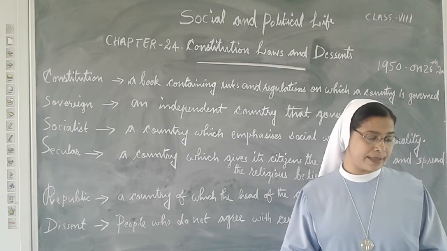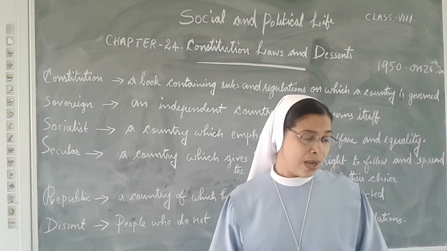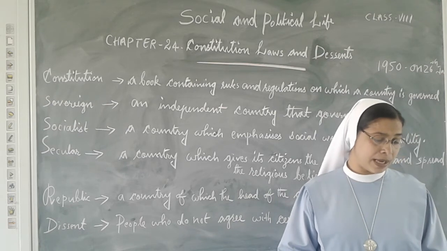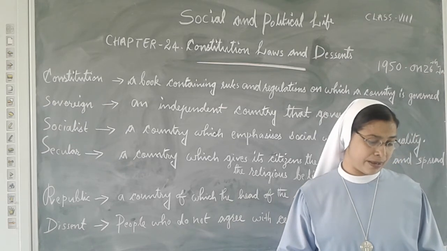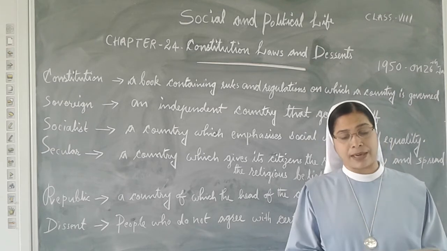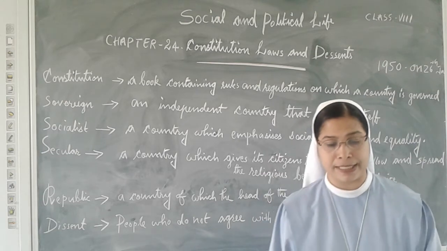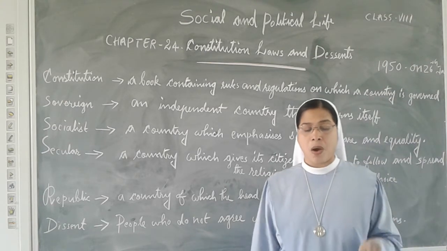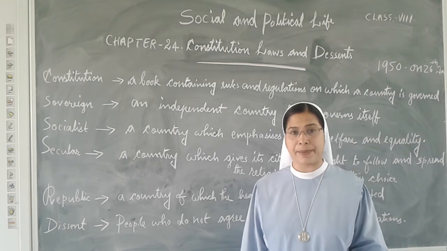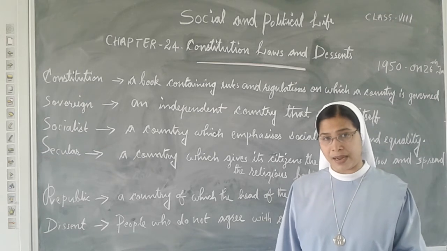The fourth point is that another important power of the constitution in a democracy is to define the functions and processes of different organs of the government, so that there is the least chance of clash. You know what the different organs of the government are: executive, legislative, judiciary. If some kind of clash takes place, safeguards and rules are written in the constitution.